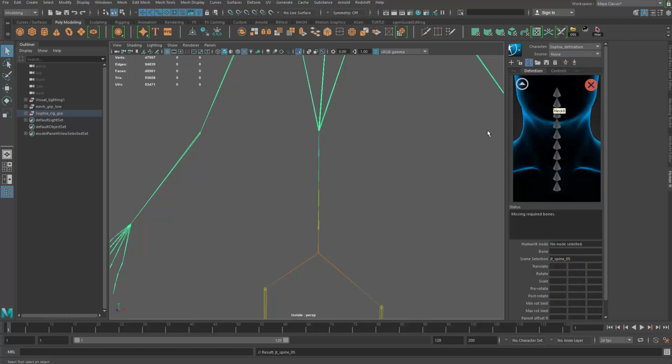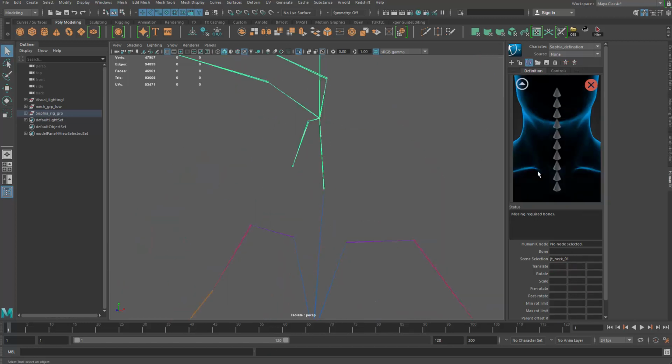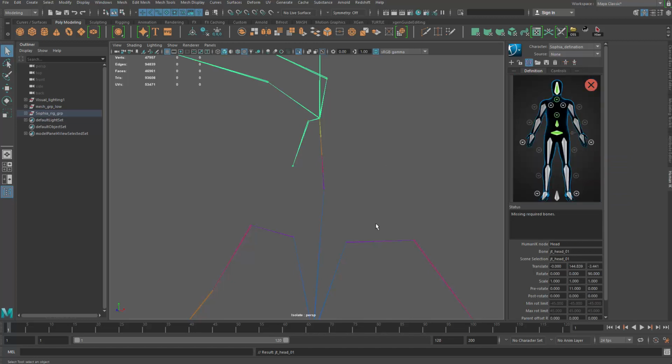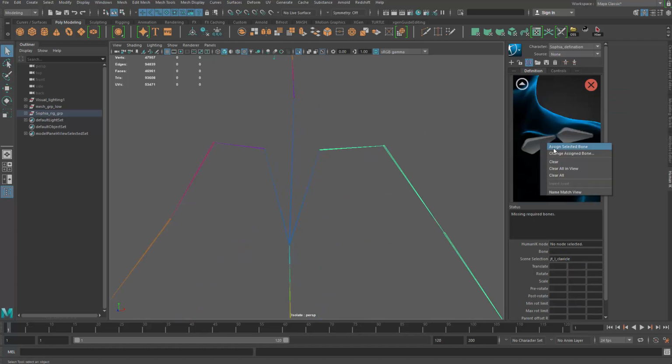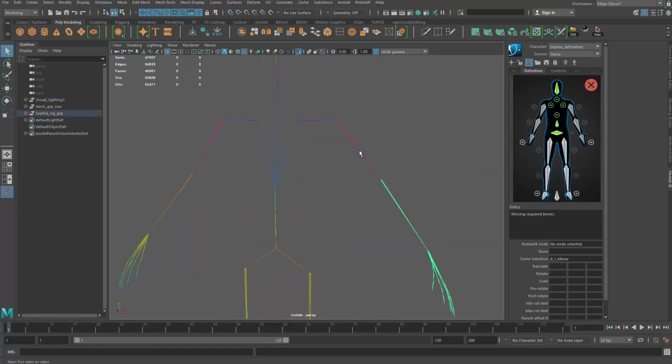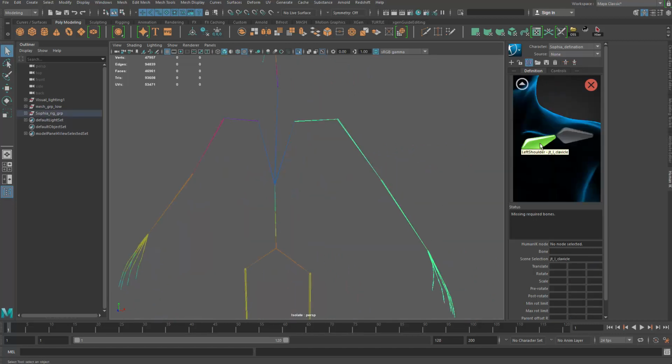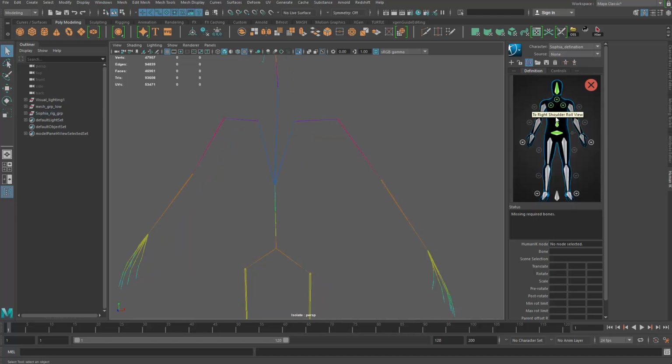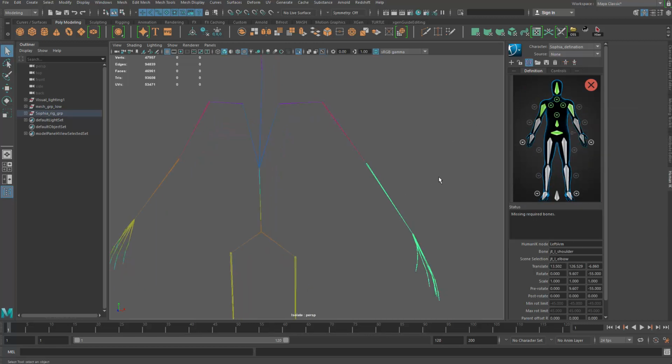Right. Here we're going for the neck. So downward arrow button. Okay, that's gonna be the head, so I'm gonna do that here. All right. Again, here we can go for the bone. Okay, back up here and grab the clavicle. Back here we can go select our shoulder, right? The elbow,